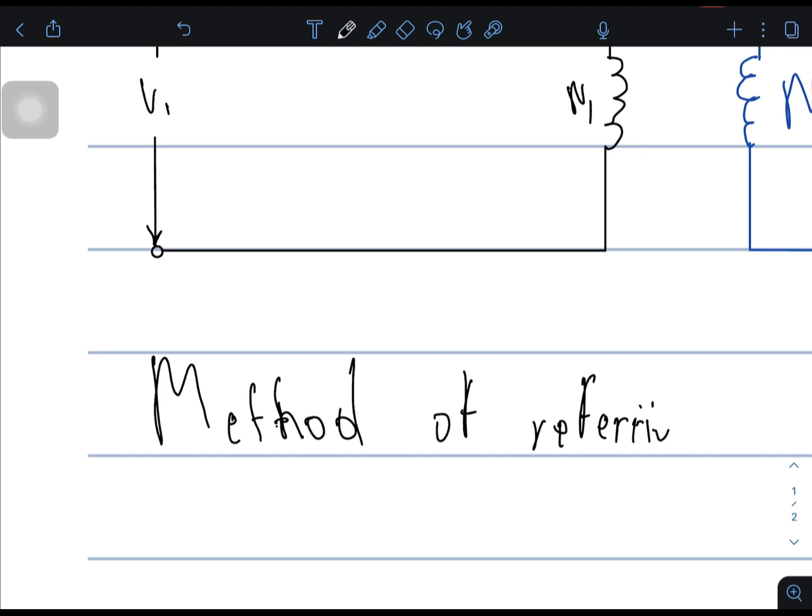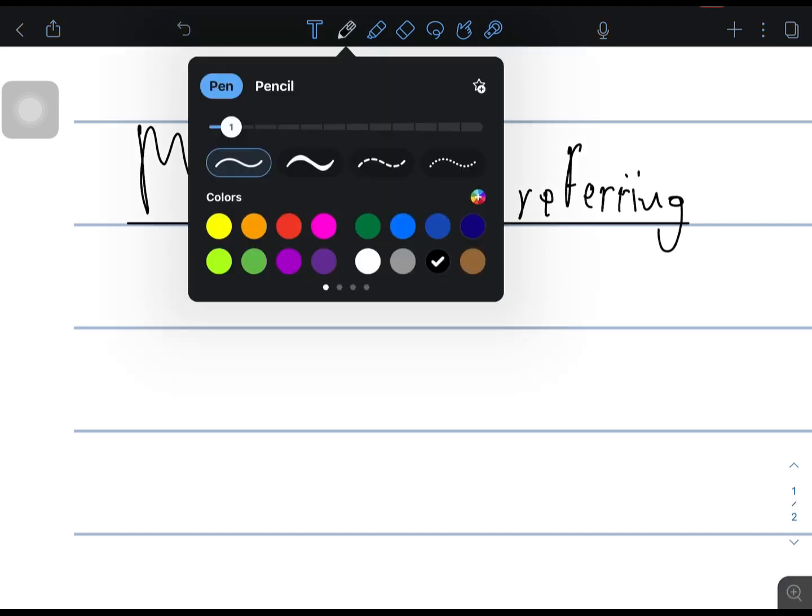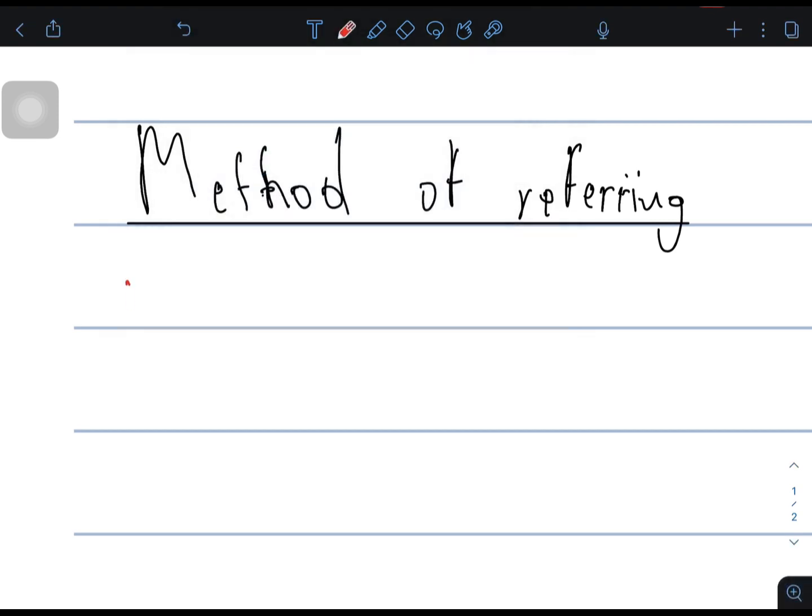Okay, method of what? Referring. In this method, guys, there are two ways we can do this method. One, we can refer